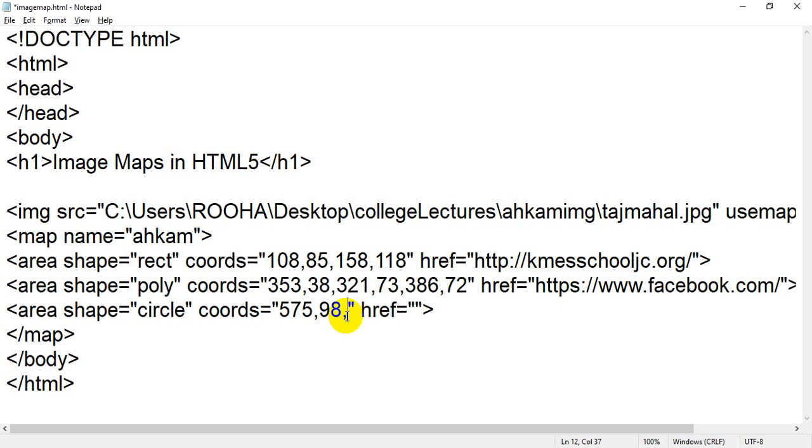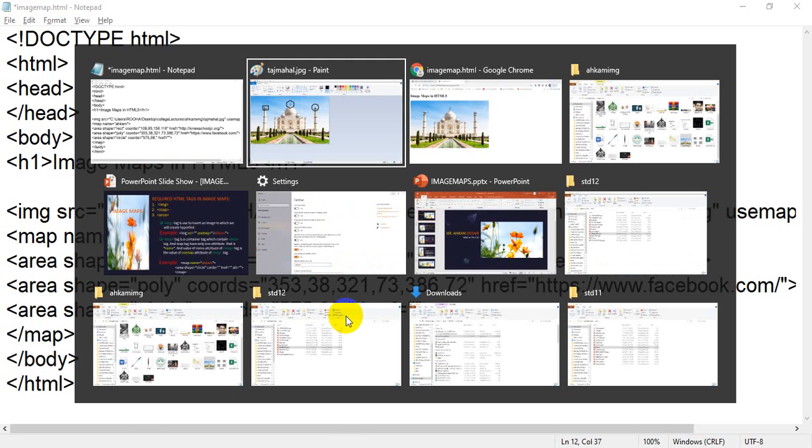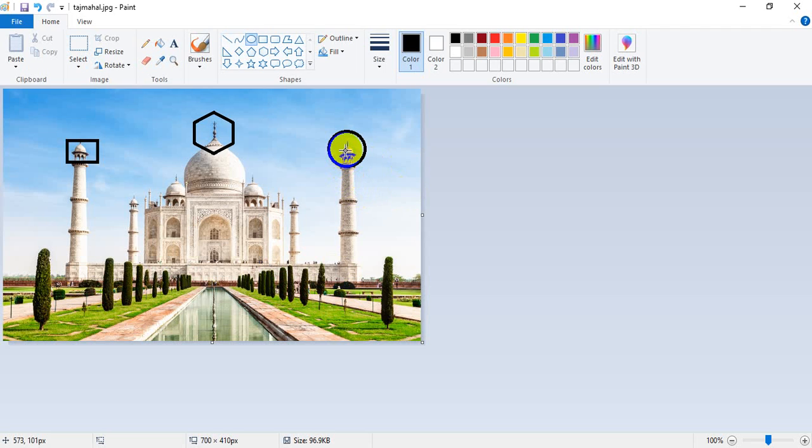So how will we move to our radius in circle? If this is my circle center, then for any point from your center to your circle, when I put my cursor here it will be a radius, when I put here it could be a radius, when I put anywhere it will be considered as a radius. So you can take from anywhere.